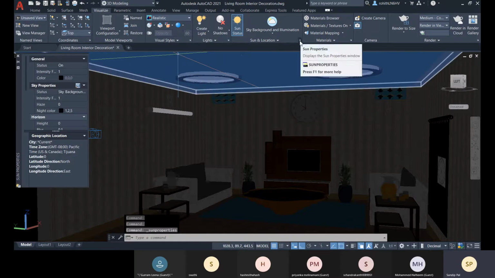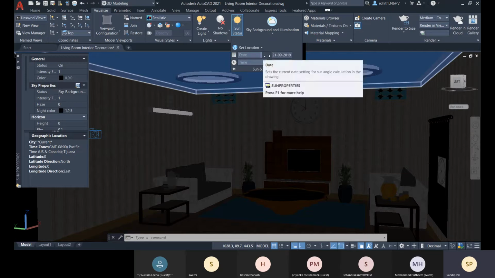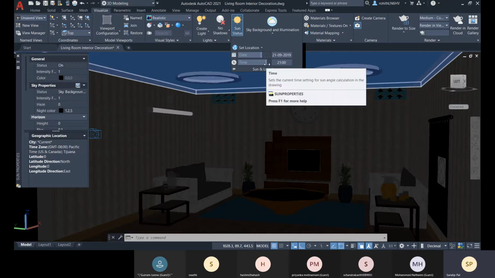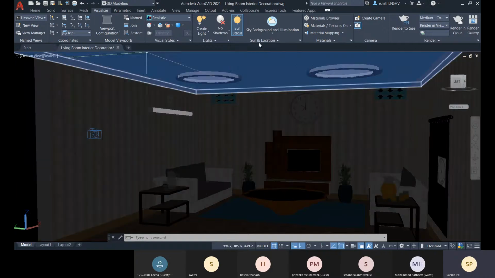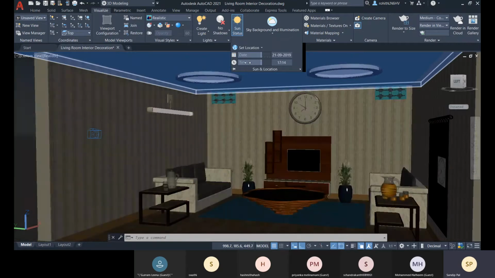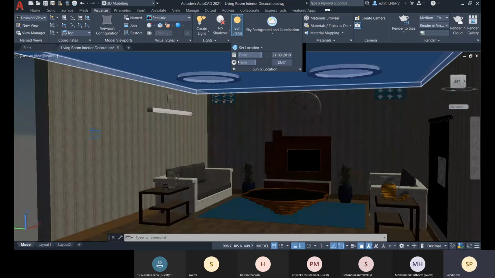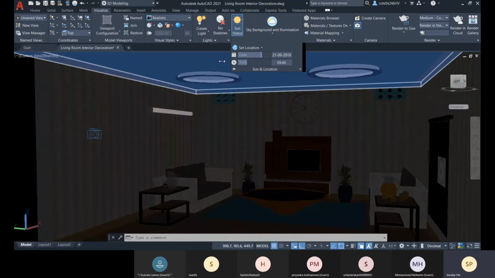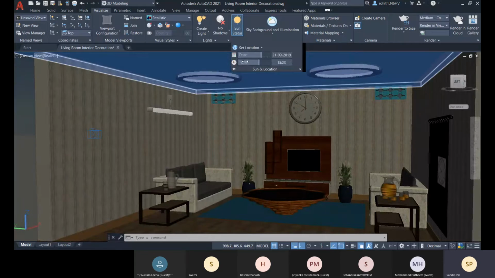All right, so this option you have, and from here also you can change the date and time. From here also you can do the changes, as per the location you are having.